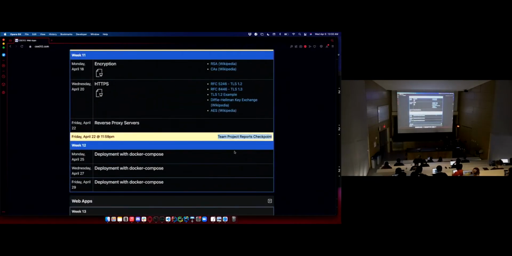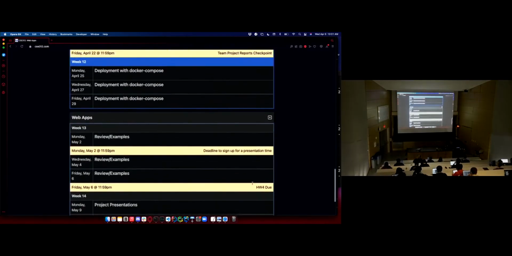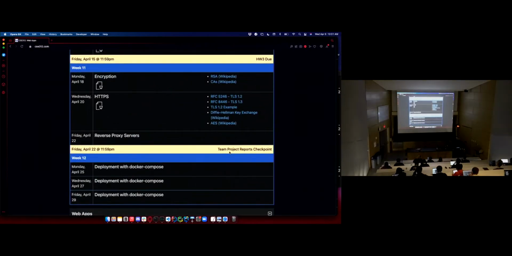Because reports are such a different thing, I want to make sure everybody has a chance to get a round of feedback instead of just a deadline at the end of the semester and that's it. And then you get a bad grade and realize, oh, I didn't know what you meant by reports. We have this checkpoint so you can get some feedback. If you don't take advantage of this checkpoint and you lose points for reports on the deadline, don't expect sympathy. Get at least drafts of your reports so you can get some feedback. Or write one full report, I guess that would be my recommendation, so you can get some feedback as to whether or not that's what you should be doing, or do what a lot of teams do and just don't use reports.